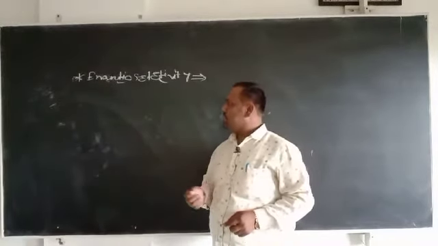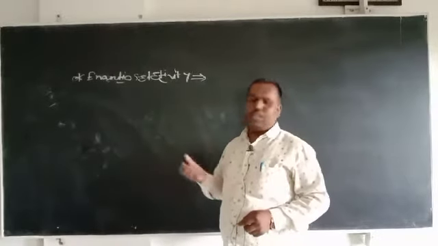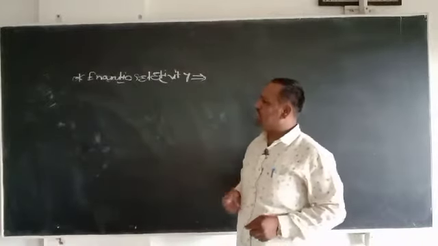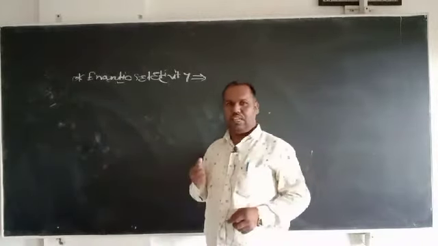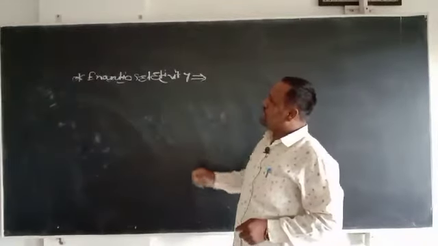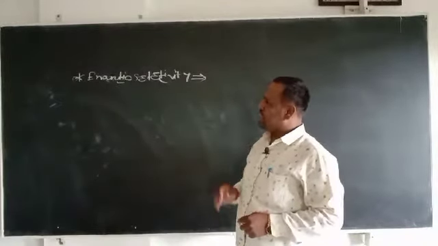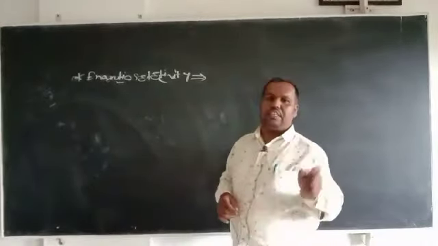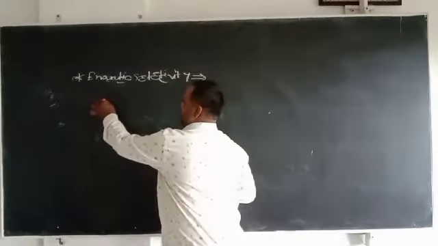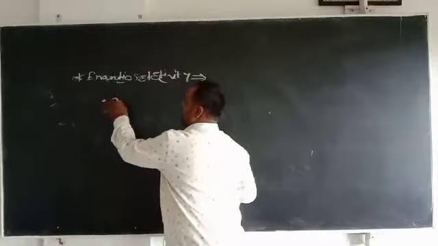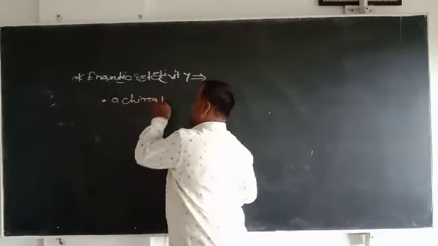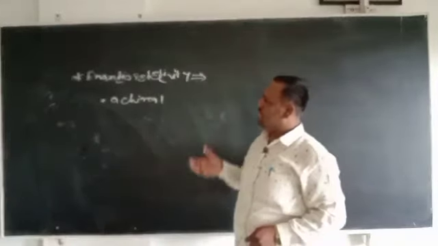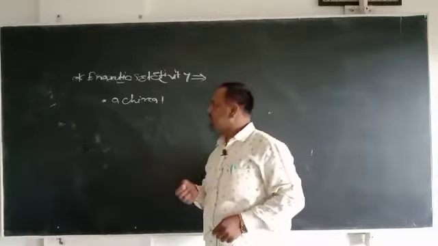So, enantioselectivity. You know what is meant by enantiomers. Enantiomers are non-superimposable mirror images of each other. They are mirror images, but they are non-superimposable. The main condition for enantioselectivity is that your substrate or reactant must be achiral. This is the important condition. An achiral substrate or reactant gives enantioselectivity when a catalyst is used for the reaction. So the substrate must be achiral.